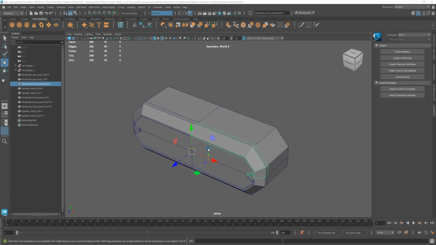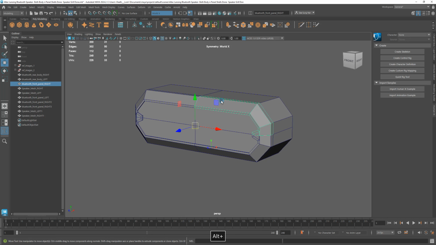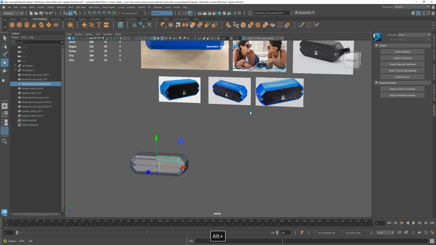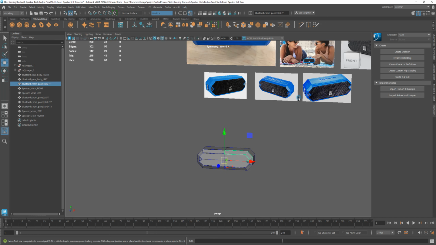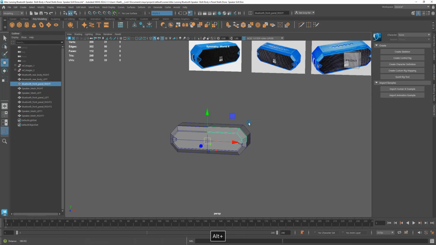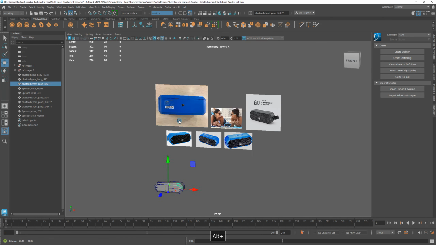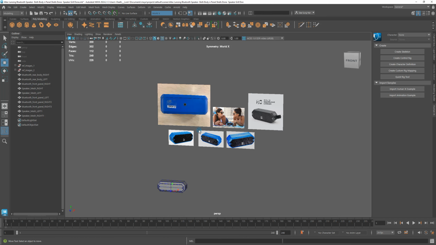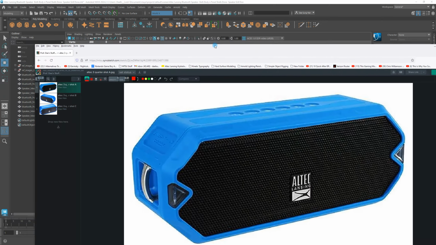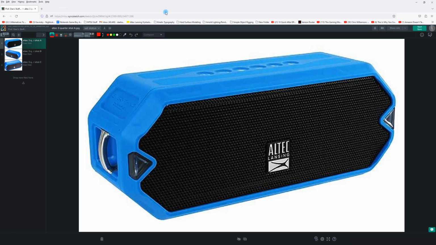So I'm continuing off of where I left off for the Altec speaker. Alright, so I'm looking here, and I think what I want to do is, okay, one second. So basically the strategy that I'm thinking is, this thing